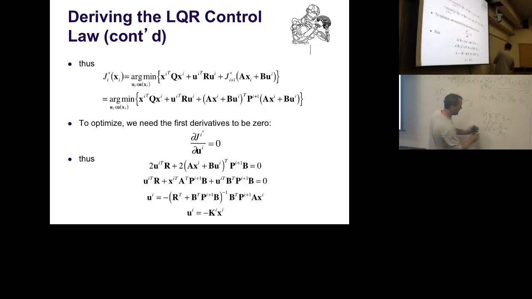So essentially, we can get rid of this term and just write a factor 2 in front of it. And we can take the derivative with respect to ui, which is back there. So this is going to be 2xi transpose A transpose Pi plus 1 B. And this has to be equal to 0, all these terms together, of course, in order to find the optimum. So standard calculus. Fine.